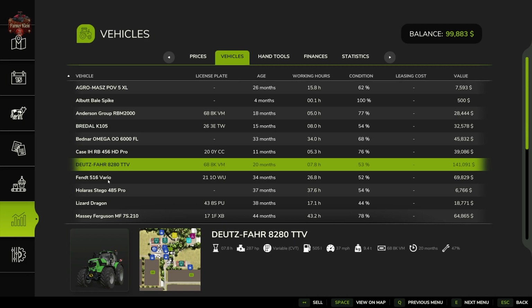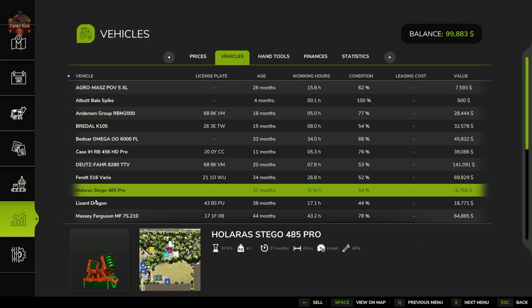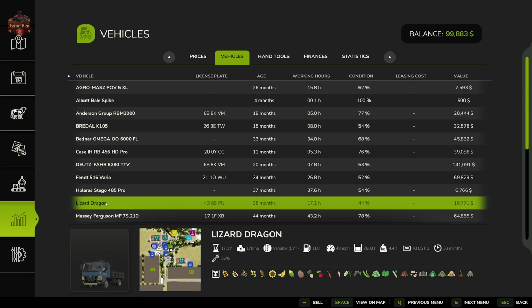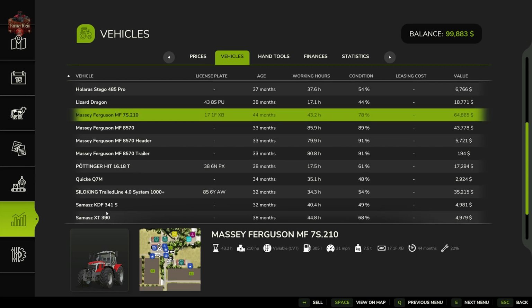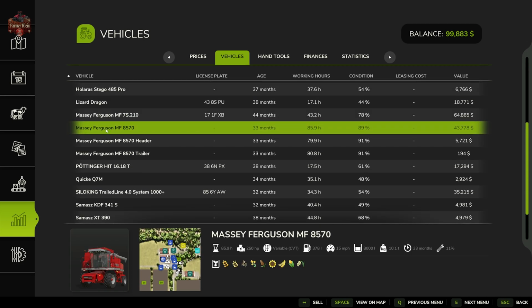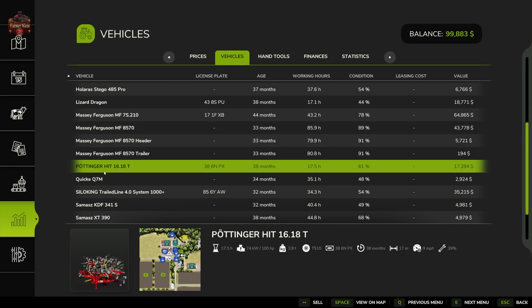Dudsfar 8280 TTV large tractor with a Fendt 516 Vario. We have the Stego 485 Pro silage compactor with a Lizard Dragon truck, with the Massey Ferguson MF7S 210 tractor. We have the Massey Ferguson 8570 harvester. We have the 8570 header and header trailer as well. We have the Pottinger HIT